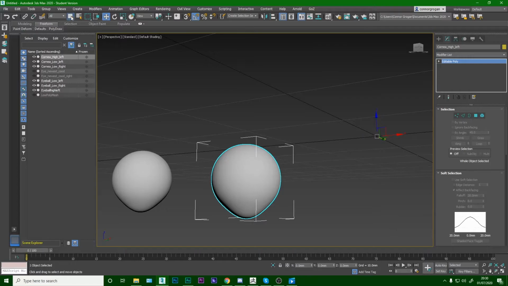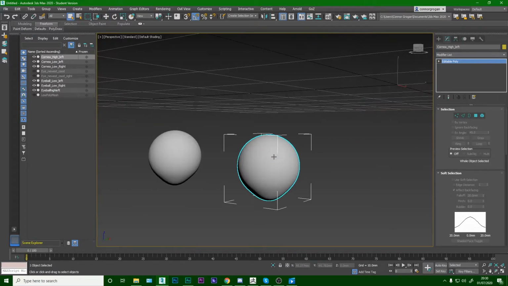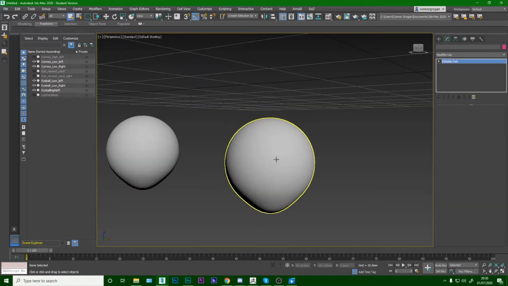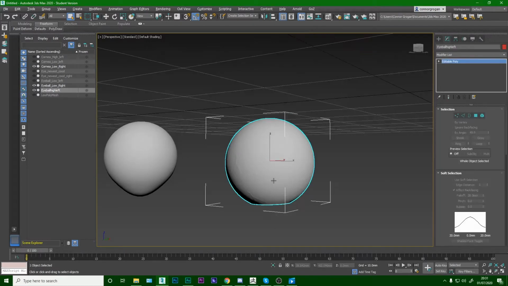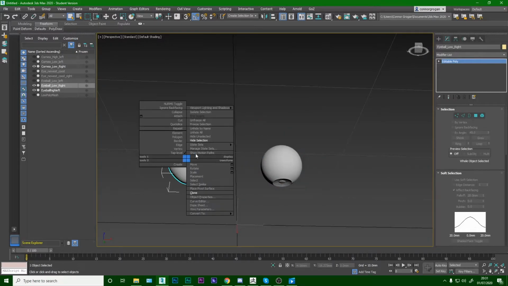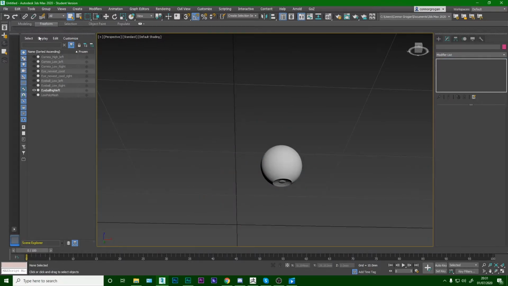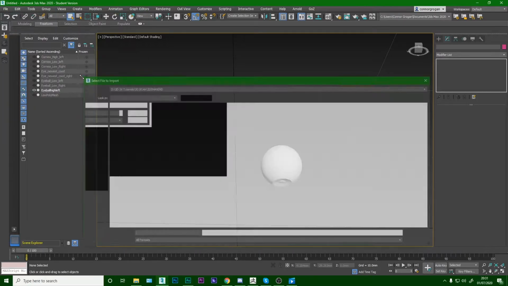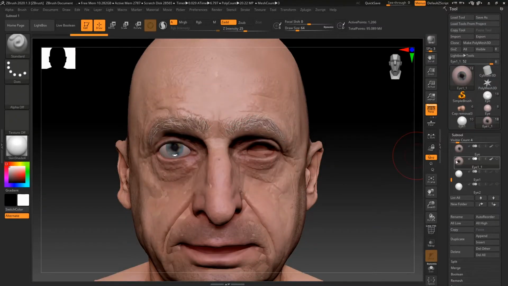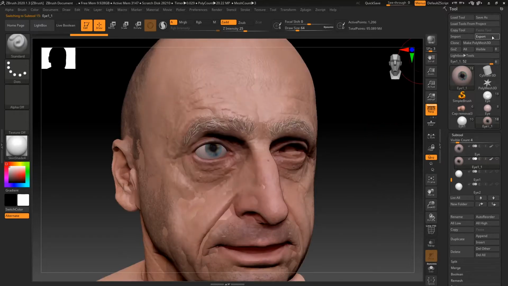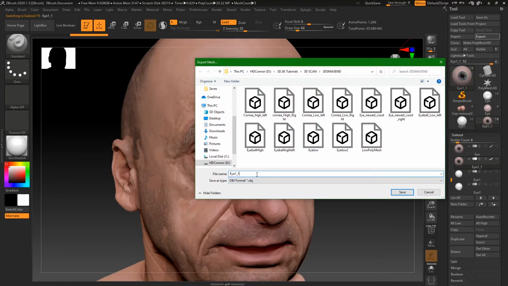And then what we can do is, I just want to hide this. I want to get the right mesh. So this is the mesh that I want. I also do need one of those meshes as well. So it would be eyeball high left, high right. To be able to align it, we are going to need this mesh as well. So let's export that and call it,